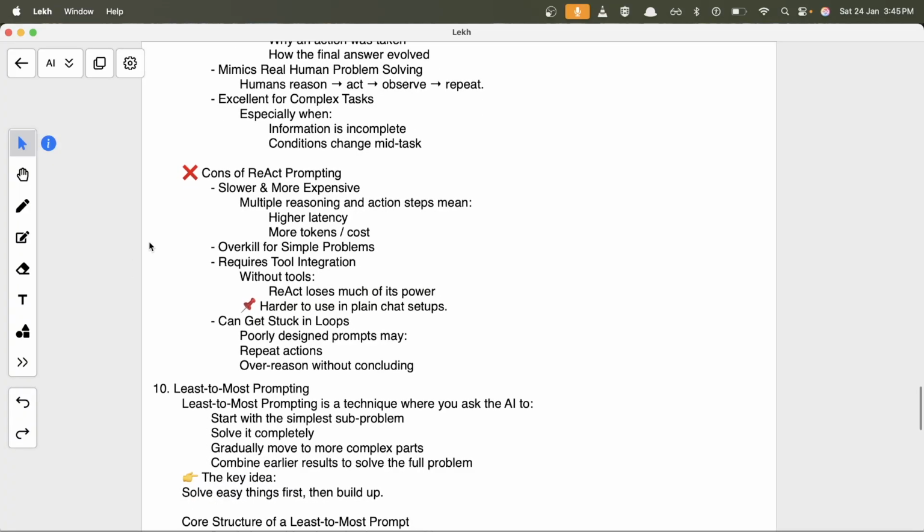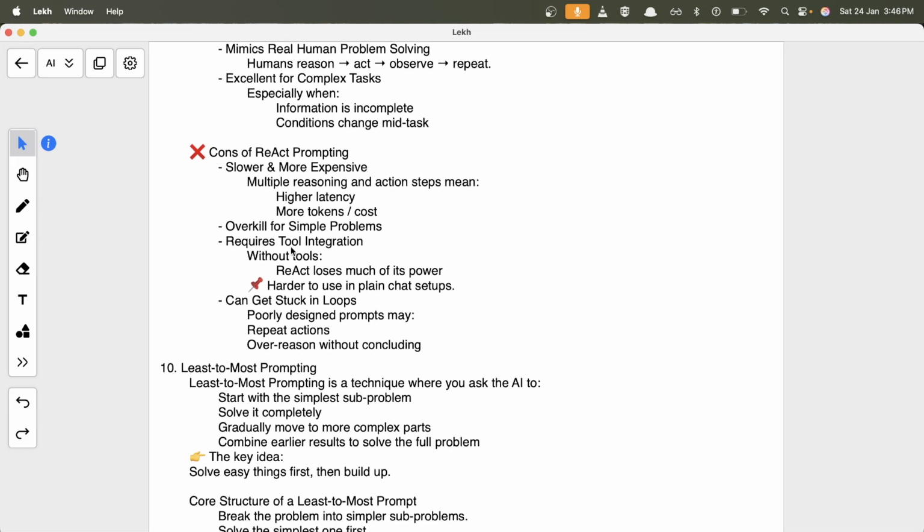Cons are again similar: more tokens, more cost, more latency, slower, and overkill for simpler problems. It also requires tool integration because here the model reasons depending on the different tools' data, right? So if it doesn't have any data, it doesn't have any tools to help it out, then it cannot perform a ReAct prompt. That is why it's harder to use in plain chat setups. I have tried that, and there was no difference in the response, so we should not use it when the tools are not there